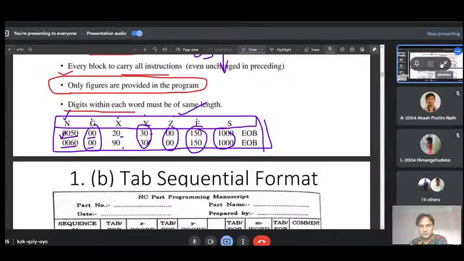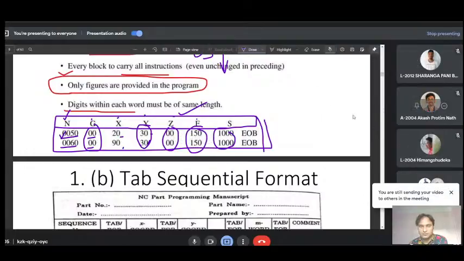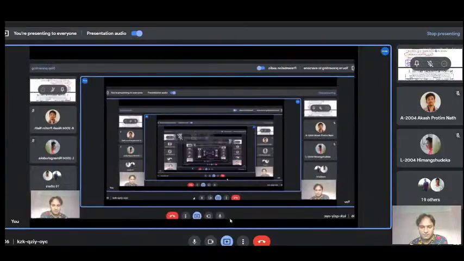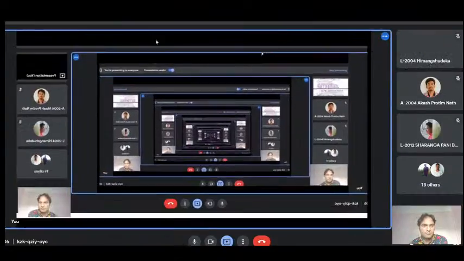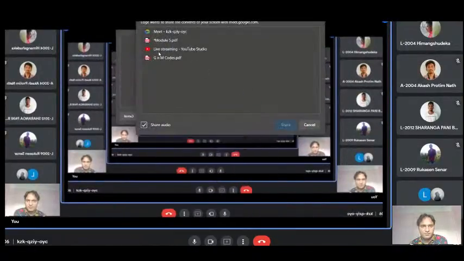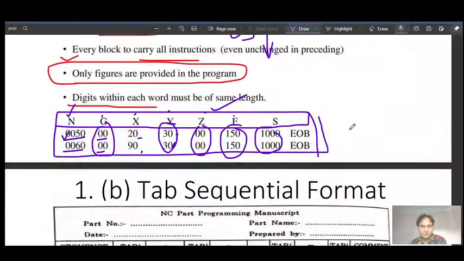and then at the end of each block you need this EOB, that means end of block.